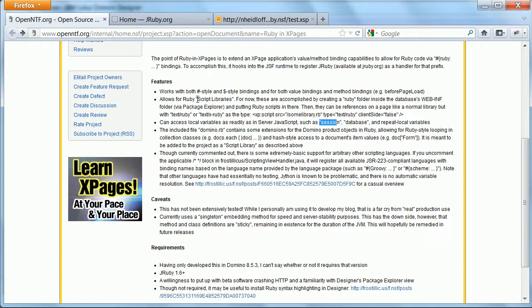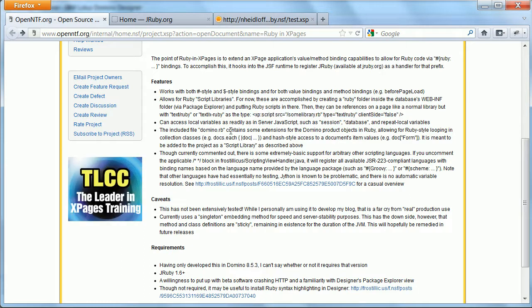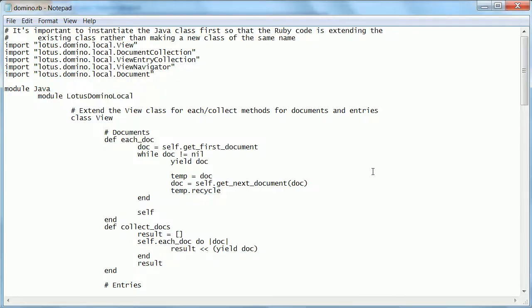And you can also use Ruby script libraries that you will then embed like this, and you define the type text/Ruby. One of these script libraries can be this script library domino.rb, which comes with the project. Let me open that quickly. It's this one, and this essentially extends some of the domino objects and adds some Ruby specific syntax and semantics